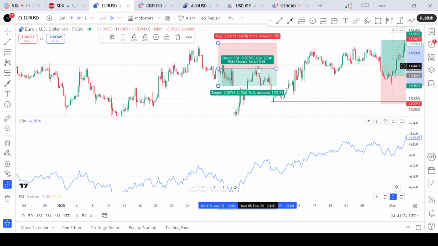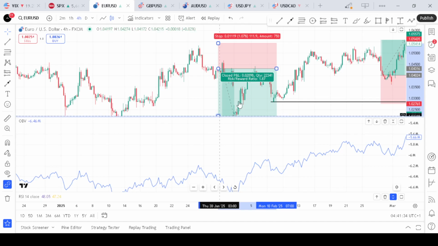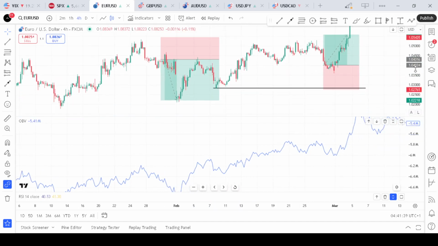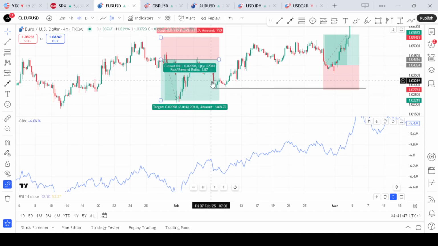You have to always use an appropriate position sizing to manage your risk. Typically, never risk more than 1 or 2% of your trading capital on any trade. So the maximum you should be willing to risk on a particular trade should be 1% or 2% of your trading capital. This helps us to manage our risks